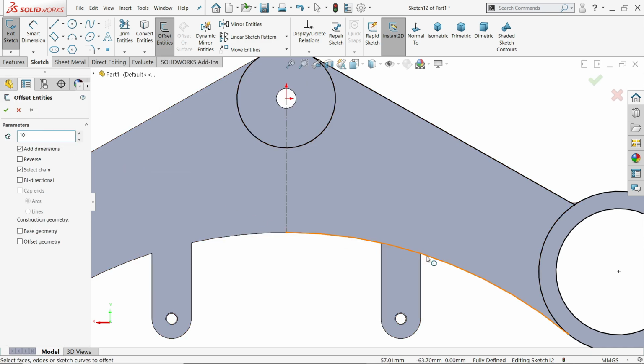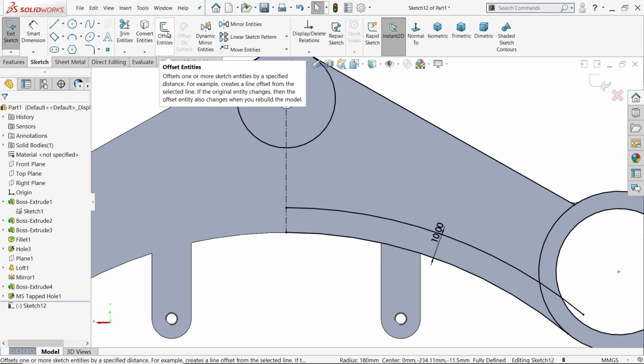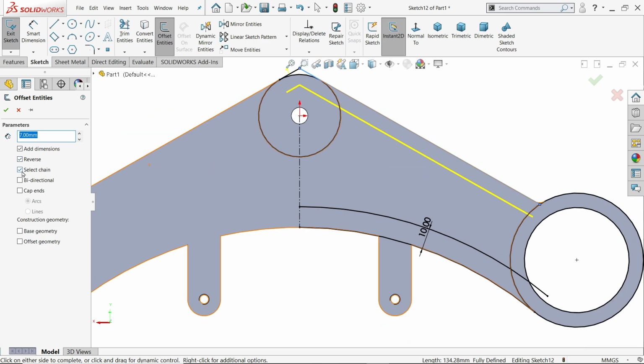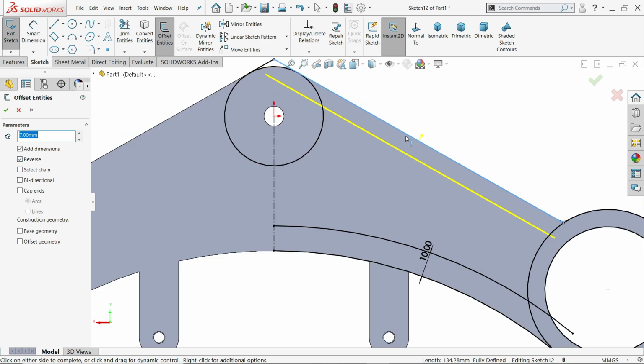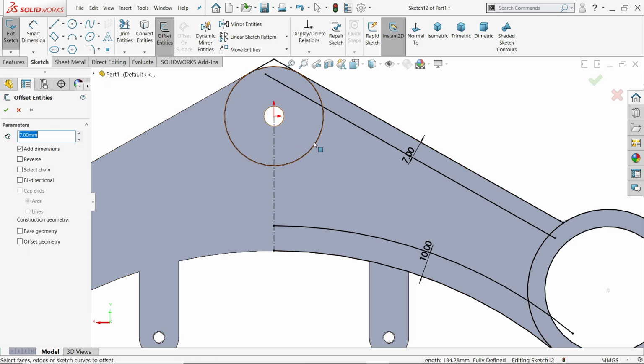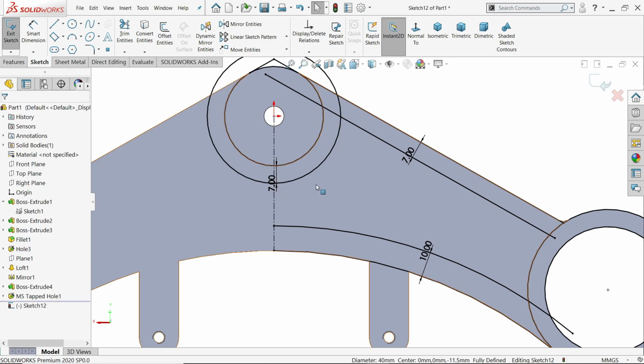I'll choose this line. Okay, again choose offset 7 millimeter. I'll choose this line, reverse, uncheck. Okay, then again offset 7 millimeter. I'll choose this circle, it's moving outside. Okay,